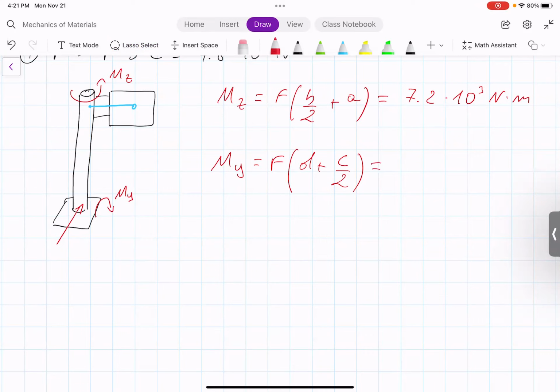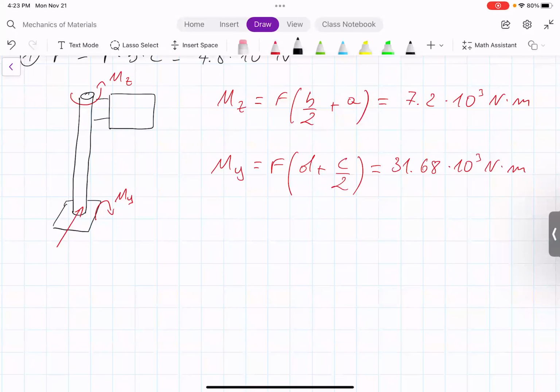So when we plug the numbers in for my, we obtain 31.68 times 10 to the power of 3 Newton per meter. And of course, on the bottom of the pole, so on the cross section that we are analyzing, we still have the force. So now that we have all the loads that are applied at the base of the pole,